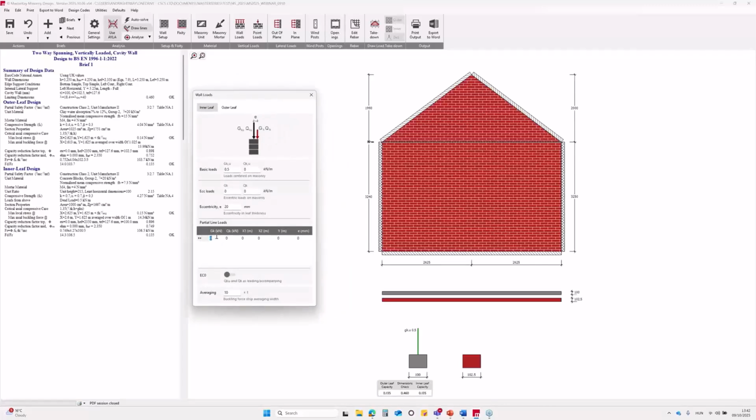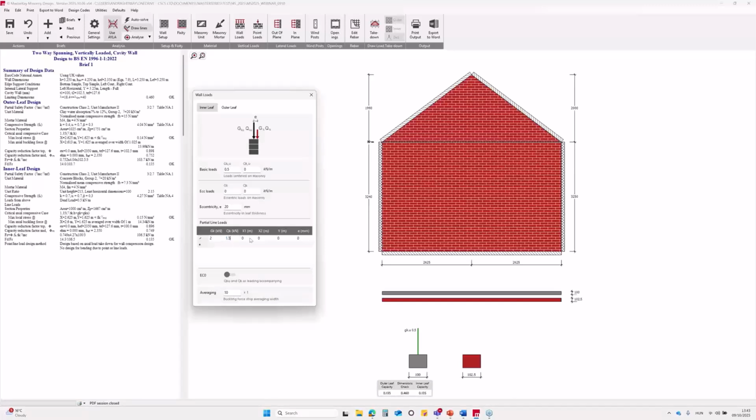For the floor load, we will use the new partial line load function, one of the recently released features in the MasterSeries. This feature allows us to position a horizontal line load anywhere on the panel, not just at the top. In our case, we will apply 2 kilonewton per meter dead load and